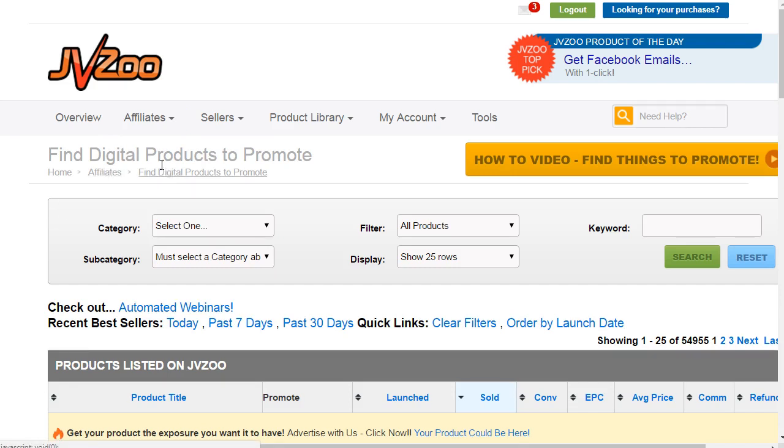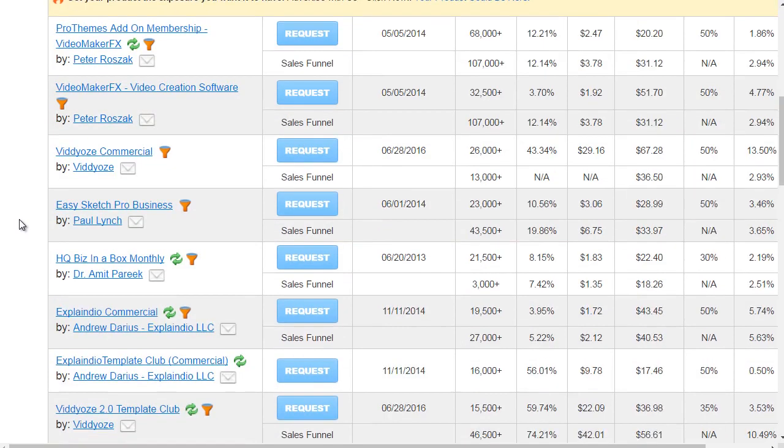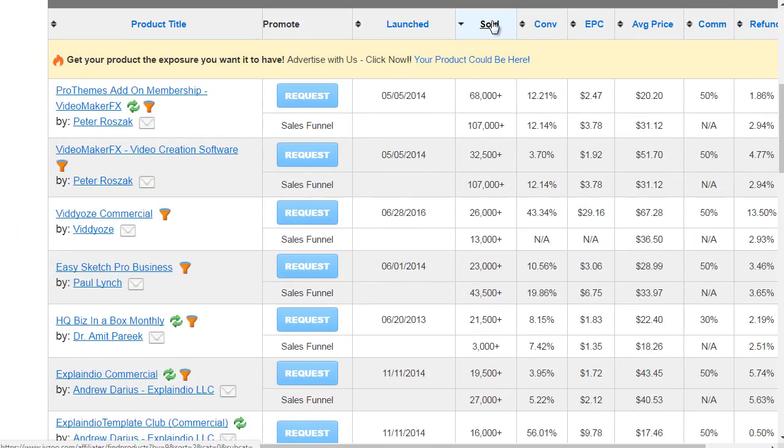Now, obviously in this case, we're looking for vendors, but this gives us some good data to get an idea of what products are being sold, the conversion rate, the EPC, in other words, the earnings per click, and the refund rate. So if you've got a product that is doing really well, but yet they have like a 10, 25% refund rate or above, then you might want to